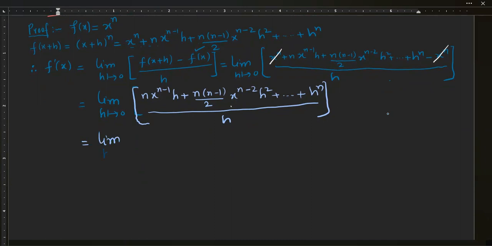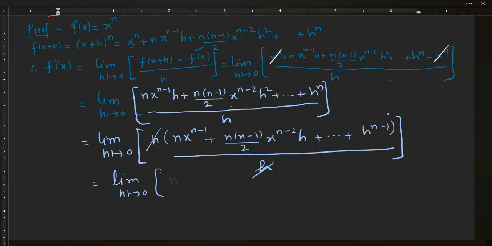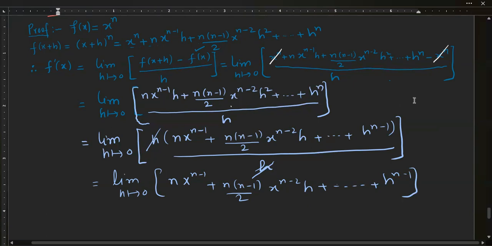देन इसके बाद हम इसको लिख सकते हैं limit h tends to 0। ऊपर अगर हम h कॉमन लें तो हमारे पास रह जाएगा n x^(n-1) plus n times (n-1) divided by 2 x^(n-2) h plus so on h^(n-1), bracket closed, and then all of this divided by h, and then इस h को इस h के साथ cancel out कर सकते हैं, and then we are left with limit h tends to 0 n times x^(n-1) plus n times (n-1) divided by 2 x^(n-2) times h, and so on till h^(n-1)।